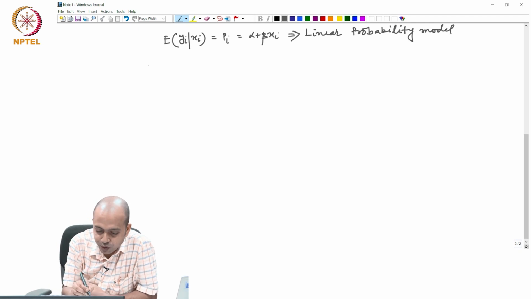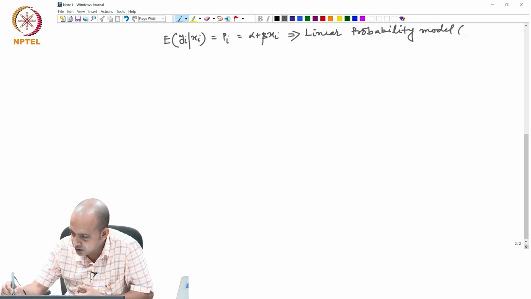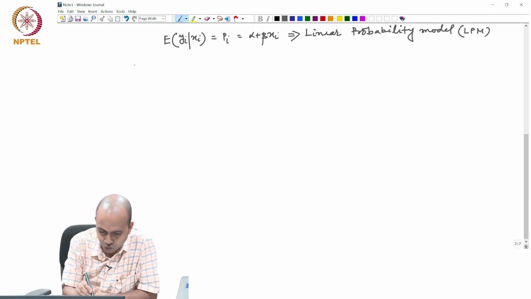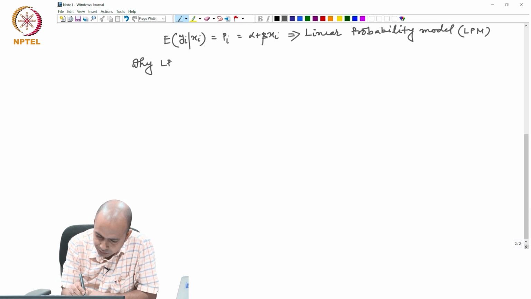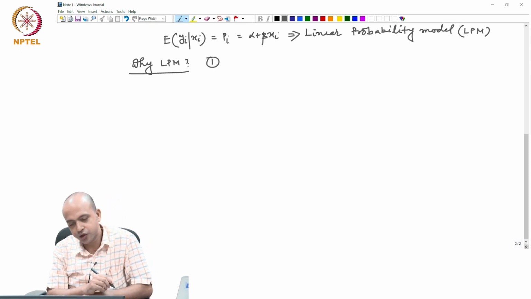Why is this called the linear probability model? In short, I will say LPM. And why is this called LPM? There are two reasons. First of all,